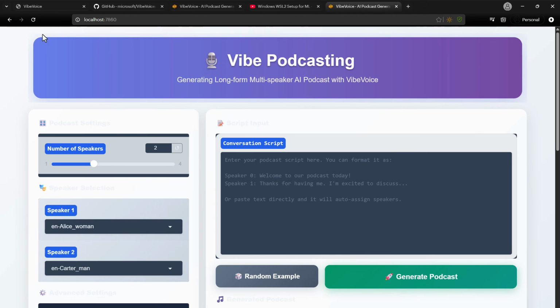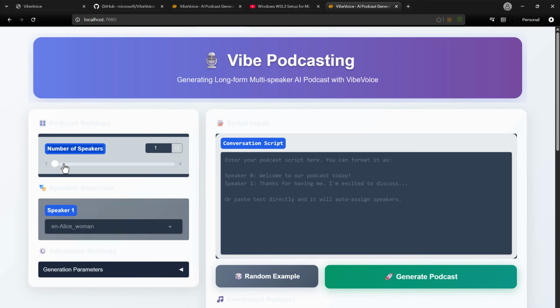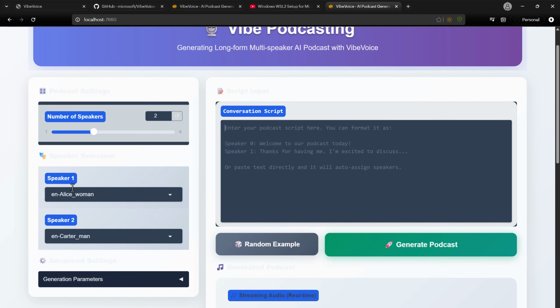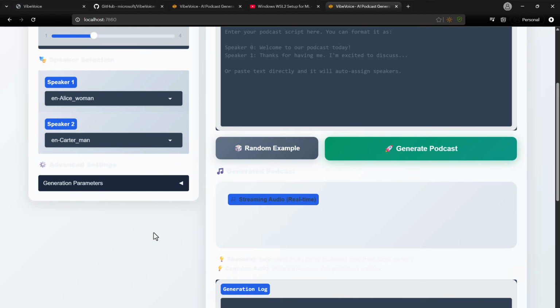Okay, perfect. Now I can see the VibeVoice podcast here. It is visible. It is pretty much exactly what we see here. The only difference is that this is the remote and this one is running locally. All right. Here it says how many speakers you can use. In total 5 speakers you can use. And this is the sample of how you can run speaker 0, speaker 1. For each speaker, you can provide a voice here. Once you put your conversation script here, you can just click here. It will automatically adjust the number of speakers in these fields.